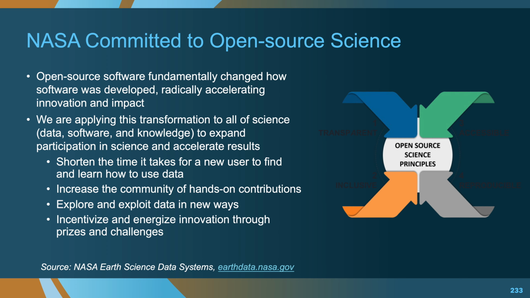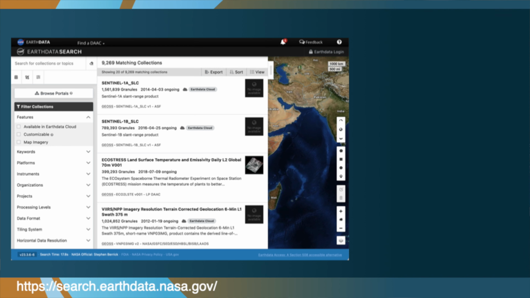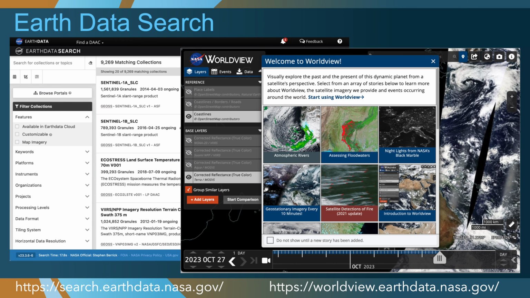So we have the Earth Science Data Systems, but NASA is also at the same time committed toward making the data products, the code base, and conforming as much as possible to these open science initiatives. So we're a part of that, and this is something we're really striving for, to make these data sets more open. These are some tools. We already have the Earth Data Search. I think Claudia is going to mention she liked that. And Worldview, you can see some of these things, but it still relies on experts. It's not down to the application level.